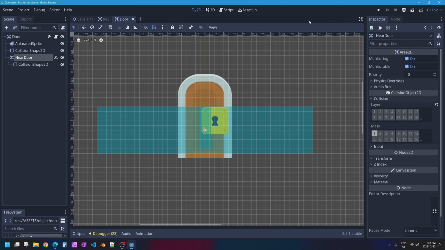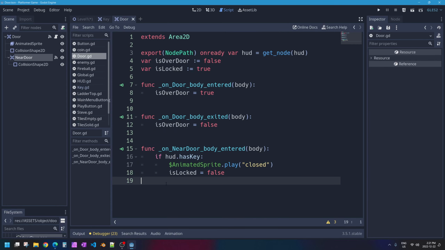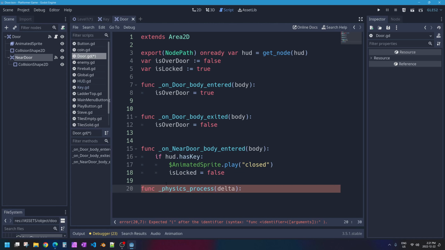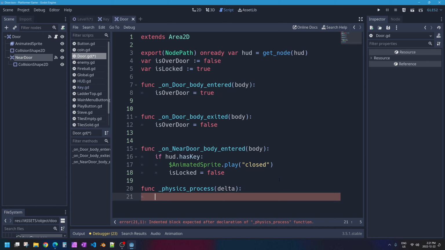So in my door's code right here, I'm going to add a function. It is the one that we've used in pretty much every single video in this series, physics process delta, or underscore physics process delta. This is our game loop. It's our 60 times per second checker. In this function, 60 times per second, we're going to check to see if we are over the door, and if we have the key, and if we're pressing the up arrow key on our keyboard. If all of those things are true, then we should be able to go through the door and the door should open. So if is over door,